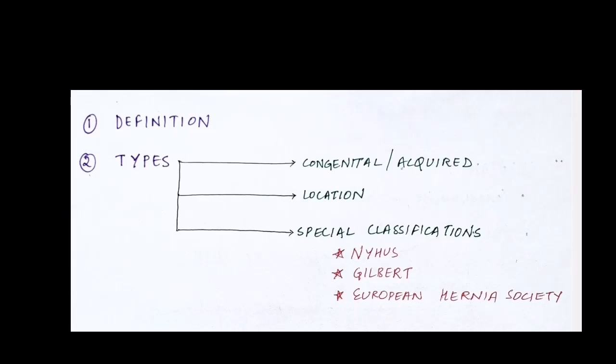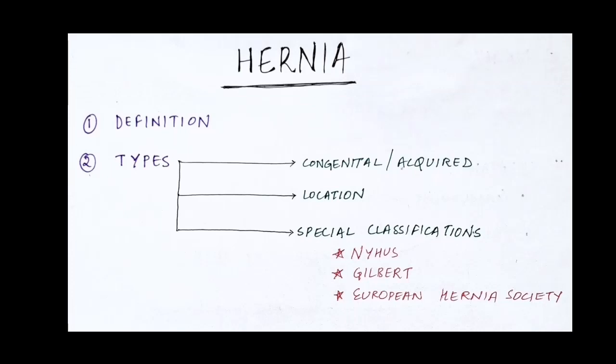So now let's come to the types. Broadly, we can classify hernia into congenital and acquired. So congenital hernias can be, for example, diaphragmatic hernias, Bochdalek, Morgagni, etc. But there can also be inguinal hernias in infants that are called congenital. And please remember the treatment of choice for those is herniotomy, and we do not use meshes in infants. Secondly, acquired. So acquired is all the other common hernias that we usually see.